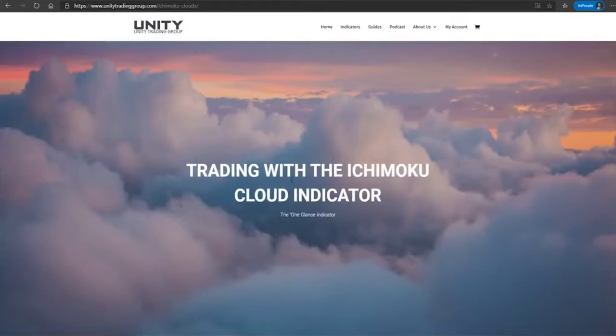But the whole reason why the Ichimoku is so great is because it is really the one glance indicator. That's what it means. It means you can look at the market, look at a setup, look at a trade, look at the screen, and within 5-10 seconds know exactly where we're trending, where we're ranging, whether we're bullish or bearish, using Ichimoku. So while it might seem a little bit overwhelming, take the time, read this guide,